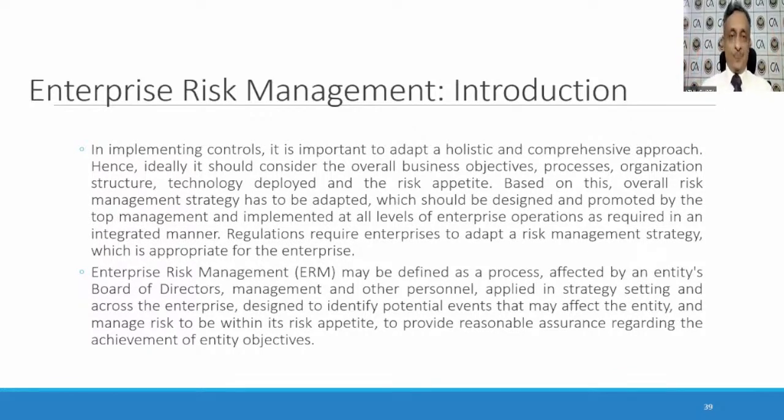A word has come because this word is going to be very, very important. It is part of the next discussion also. So we'll put a lot of effort on this word. Okay. In implementing controls, it is important to adopt a holistic and comprehensive approach. Holistic means which covers every aspect. It is not restrictive. It looks at all parts of the organization, and a comprehensive approach. Now, see in this sentence, the word control has come. This is going to be very, very important. This word, we are going to talk a lot on that.